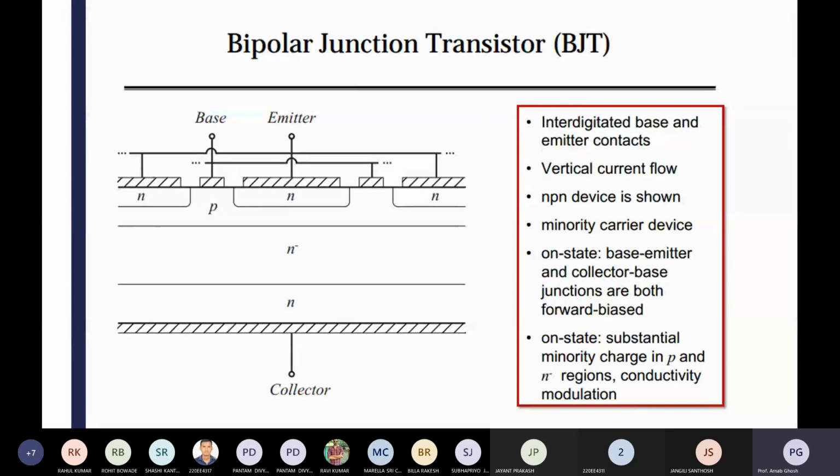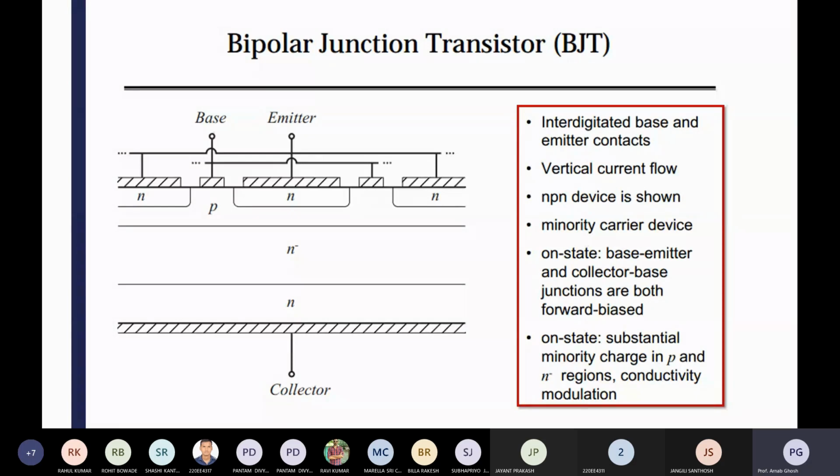In the common emitter configuration, we normally give some pulse to the base of the bipolar junction transistor. As it is a current driven device, the current strength of the base driver circuit should be very high. Otherwise, the BJT will not be triggered.